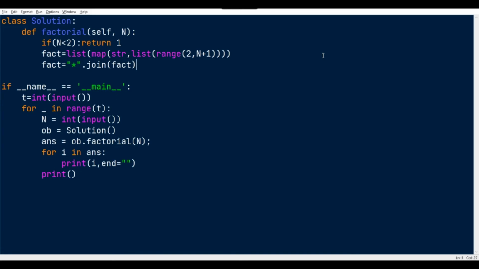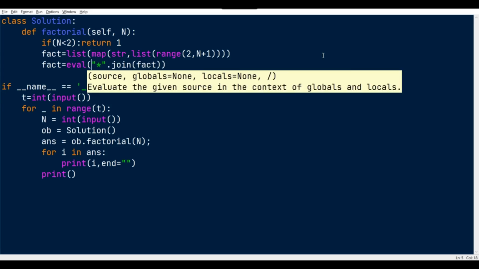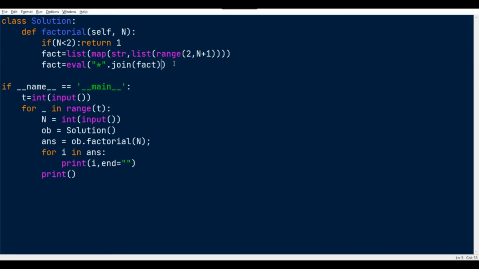This will give me the values like this: 2 into 3 into 4 into 5. And with the help of eval, as I have already said, we can get the product. This will evaluate the given expression and execute the formula.